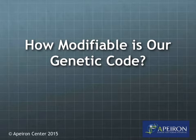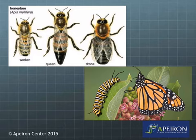So how modifiable is our genetic code anyway? Well, if you look at some examples just from nature, you have these honeybees, and you have the worker, the queen, and the drone. The interesting component of this is they all have an identical genetic blueprint. There's no difference in those. What the difference is, is what aspect of those genes is actually turned on and expressed. And the same with the butterfly and the caterpillar. They both have the exact same genetic blueprint, but you can see the phenotypic expression is completely different in both of these